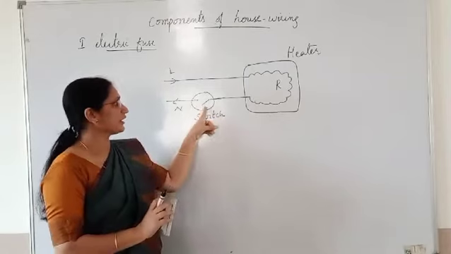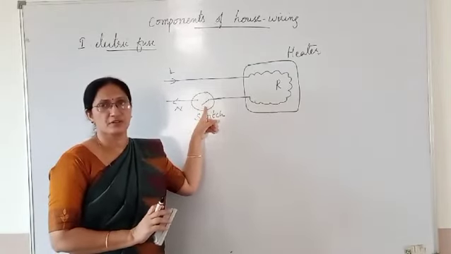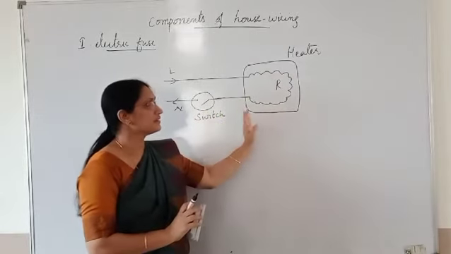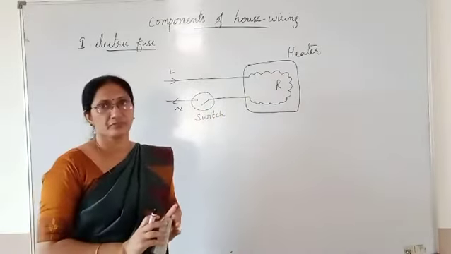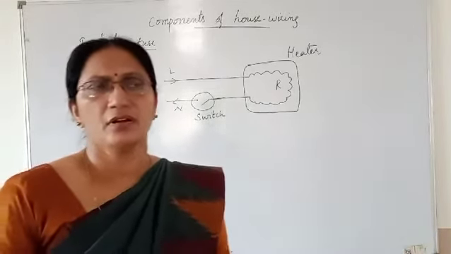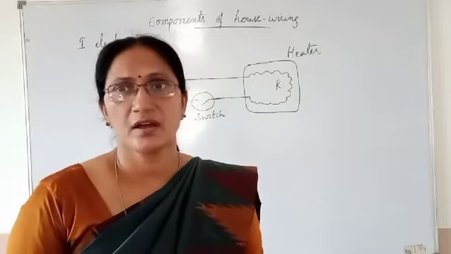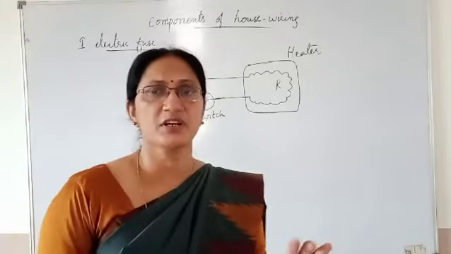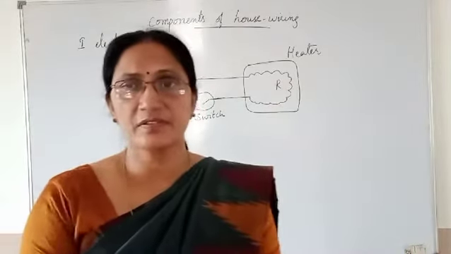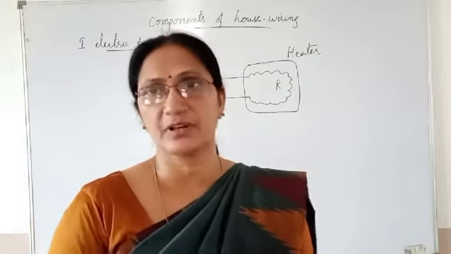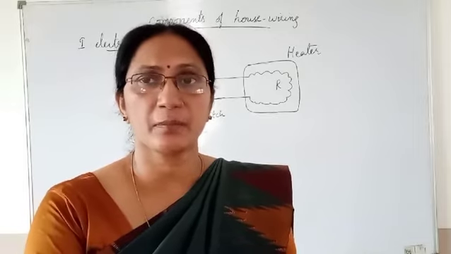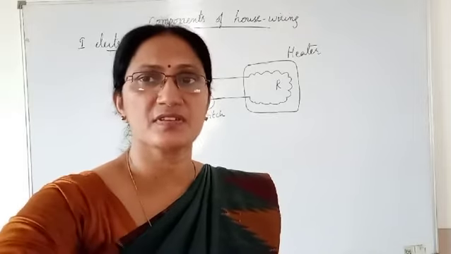Look at the diagram. I have shown a switch in off position connected on the neutral wire, and this is the heater which is commonly used in the kitchen. In this heater, the coil is visible outside, and there is a chance for the user to come in touch with this heater coil, because it is visible outside, it is not packed somewhere. So the user may, by mistake, touch this coil.